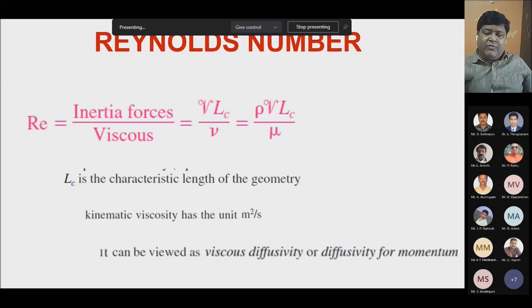So we do not require more momentum. It means the viscosity should be as less as possible. The viscosity of the fluid should be as less as possible so that it can freely move. Whereas there is one more relation we'll see in the Prandtl number that you will understand.